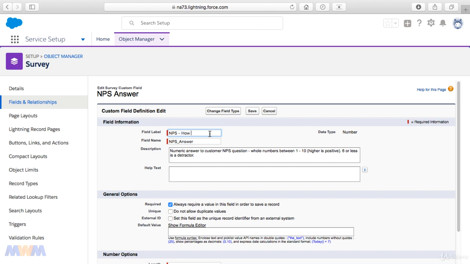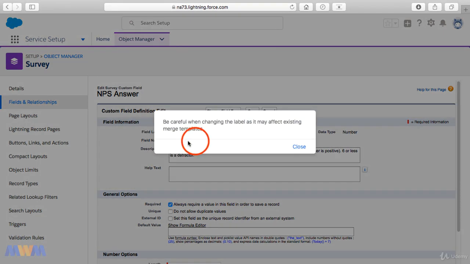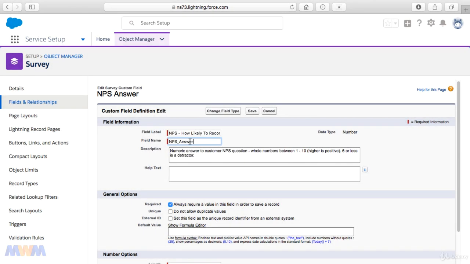This leads people to build survey solutions with additional objects, for instance, where you will have a question object and an answer object, and you would tie those together. For the sake of time and not to get too complex at this point, we're just going to have our questions inside of our survey object and have brief field labels. You'll notice here, my field label has been changed to NPS, how likely to recommend, question mark. I'm going to just leave the field name, or the API name, the same here, just NPS underscore answer, and